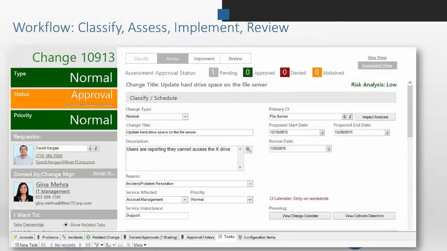Within the change itself, there is workflow, and those workflows are driven by status changes or by approvals. So you can see up here on the top, we've got a classify, an assess, an implement, and a review. So let's talk about implementation of this for a minute. We're always going to start with out of box, and we're always going to ask, if you want something different, what the business reason is for modifying that, because it's a pretty solid process that follows ITIL tenets and can be implemented solidly.